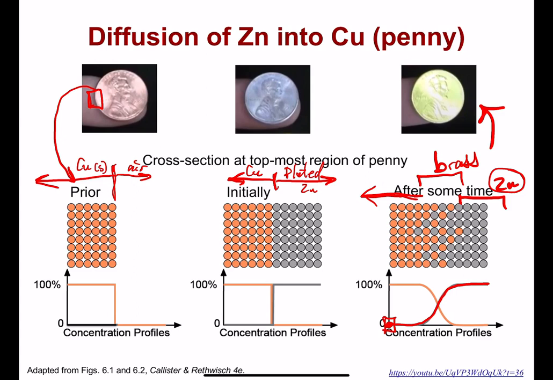It's a Gaussian error function curve that is going to fit nicely by way of solving a partial differential equation. And that model is going to assume that the concentration of zinc here is always the same and not changing with time. That, as you're going to see, is a little bit of a deviation from the experiment we see in our video, where we know we may eventually run out of that zinc on the surface, and it would fully infuse into the copper. So it's simply a condition of the math that we need to assume there's an infinite amount of zinc available at the surface to provide the diffusion of zinc into the